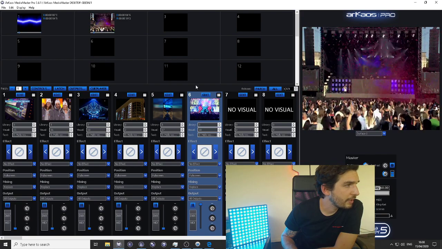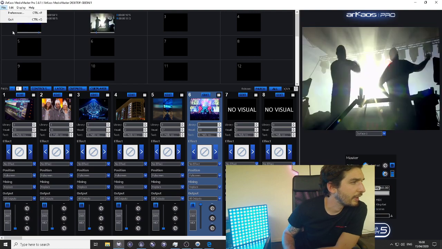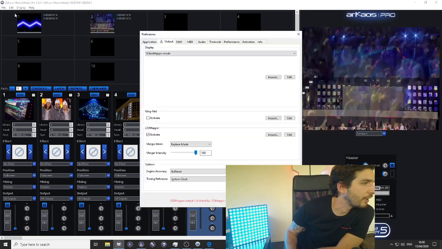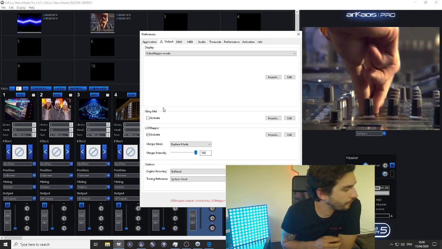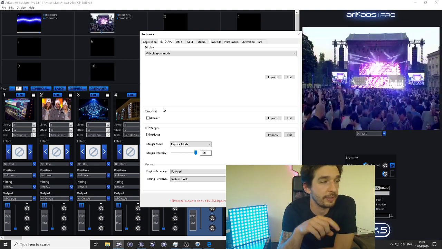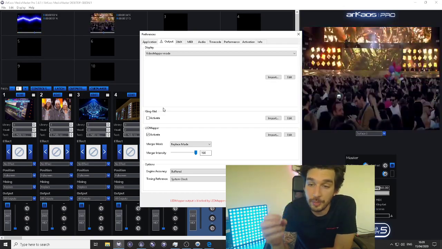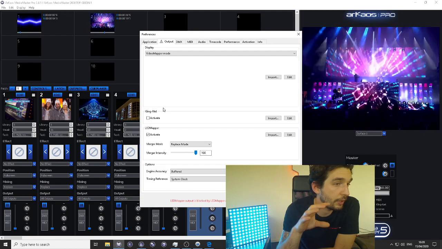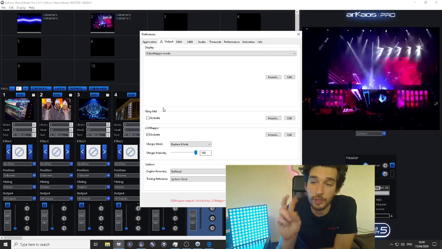That means after that, MediaMaster, from master control or from MIDI control that you see right there, has a merging control. So from MediaMaster you can control that merging with two parameters.